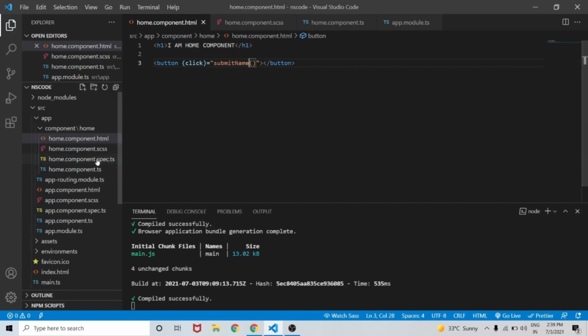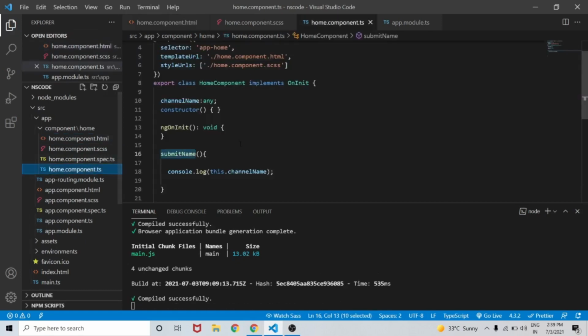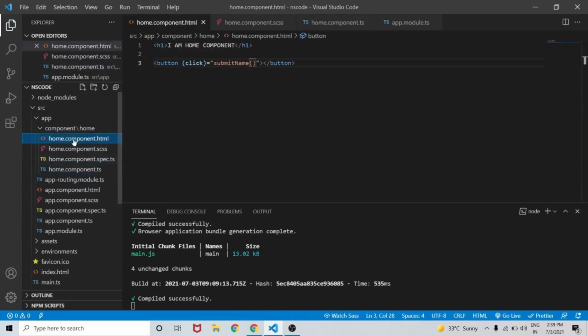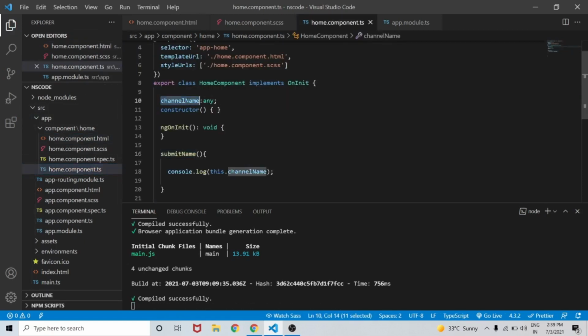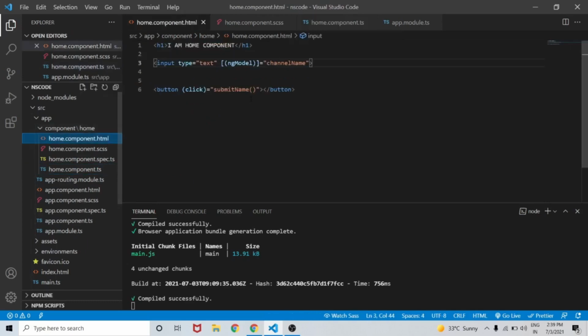Now let's try to create an input tag in home.component.html. The type of it should be text, and bind the input element with ngModel with the value channelName. The value channelName, that is the variable we have created in home.component.ts of type any. So on saving the changes, we can see